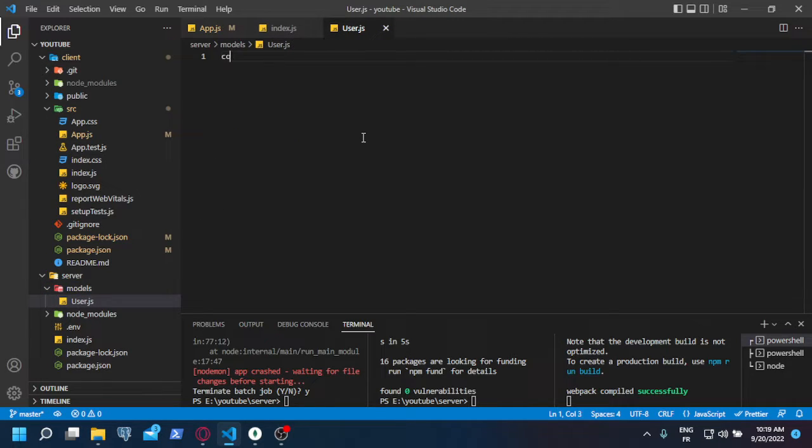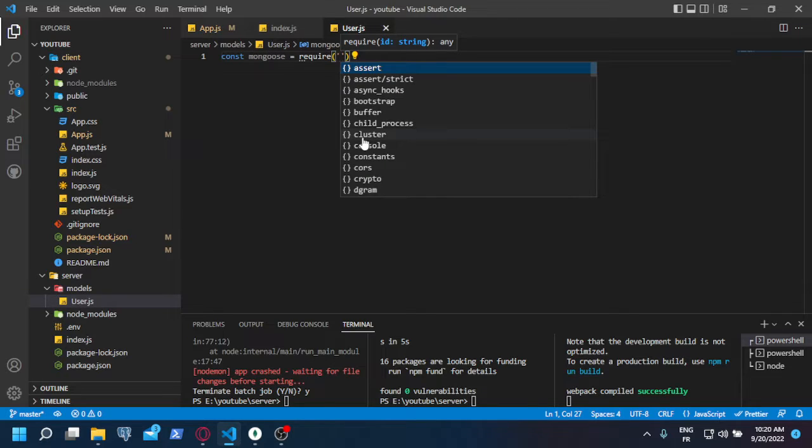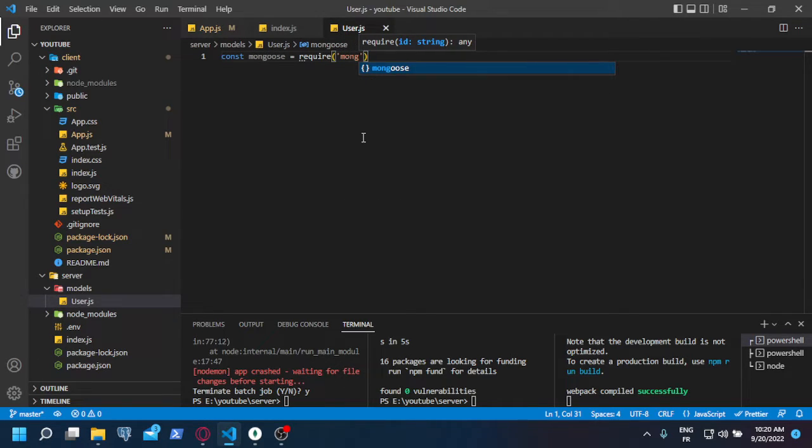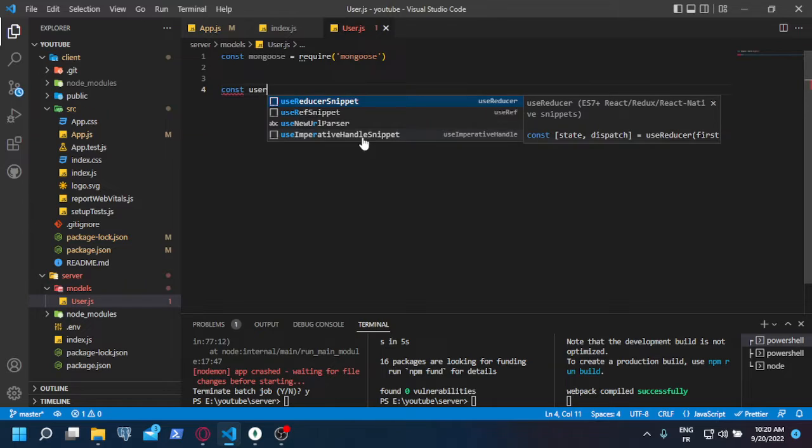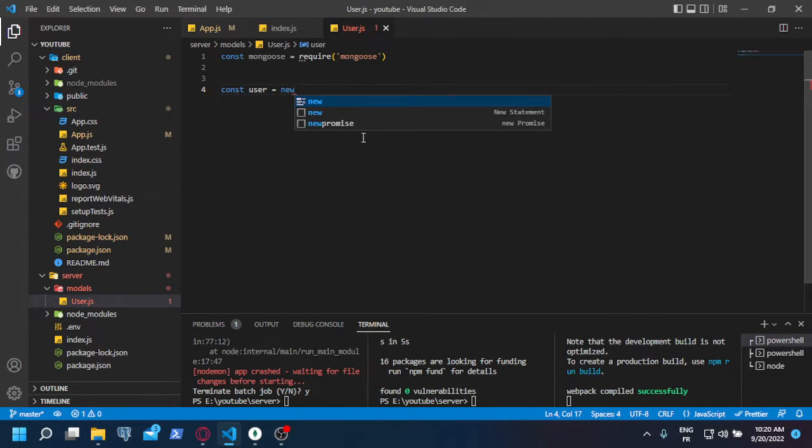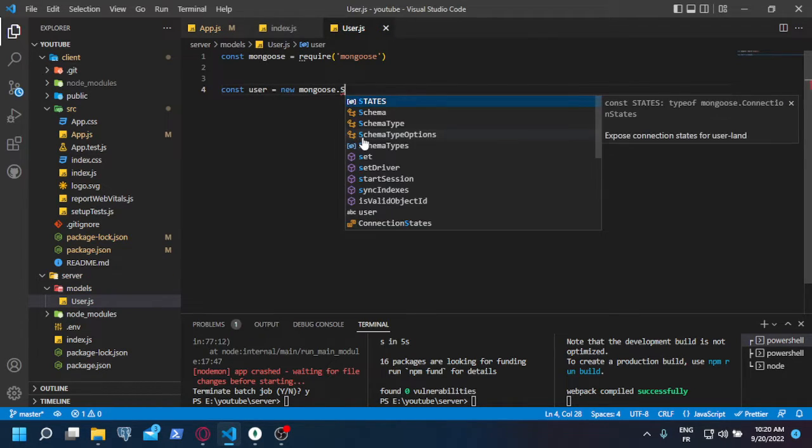So I'm gonna create a model of that user, const mongoose require mongoose. So I'm gonna prepare the schema here, const user equals new mongoose schema,